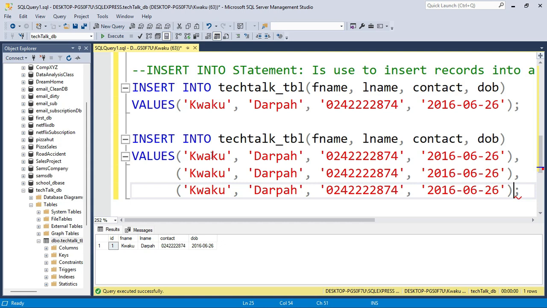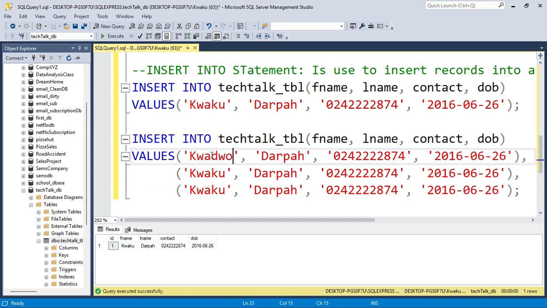Right, so we are inserting 3 records. This will be, let's say, Kwajo Bonsu. Then we just change the number to maybe 054. Then the date of birth, we change it to a different date of birth. Then the second one will be maybe